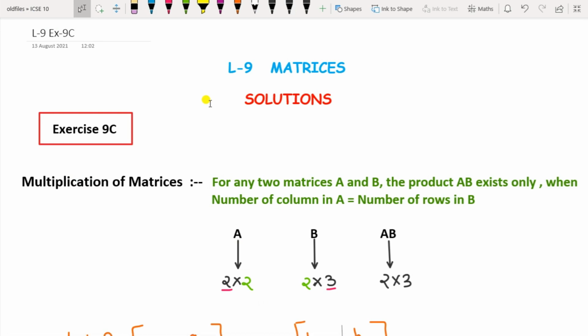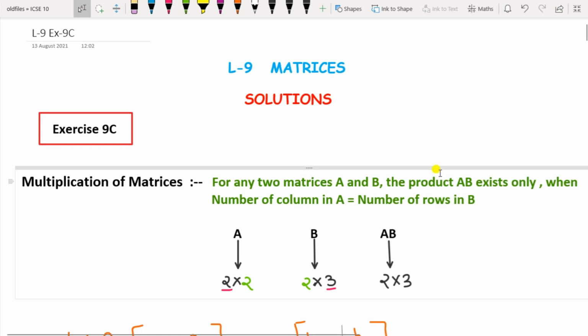In this video we are going to see the solutions of exercise 9C of lesson 9, Matrices, of the ICSE course syllabus from R.S. Agarwal. In the link above I have shared the video of exercise 9B, in which we have studied mathematical operations on matrices, that is addition, subtraction and multiplication of a number with a matrix. Division does not exist in matrices, as dividing by a number or a matrix is similar to multiplying by its inverse. Now in this video we are going to study how to multiply a matrix with another matrix, that is multiplication of matrices, and when this operation is possible.